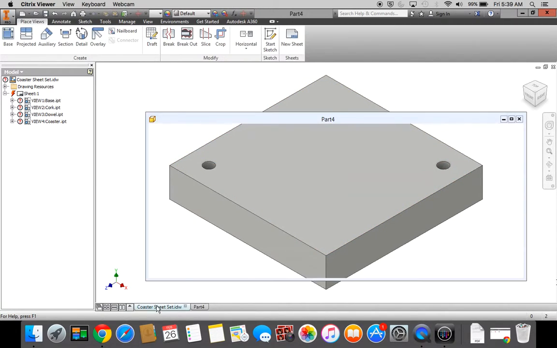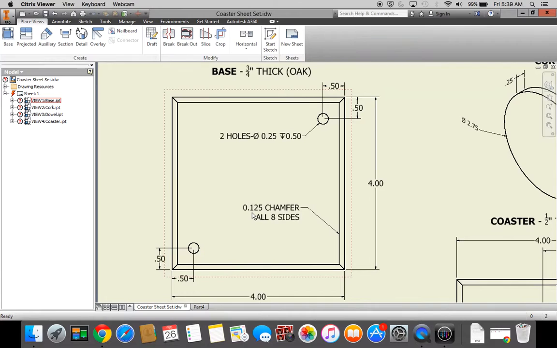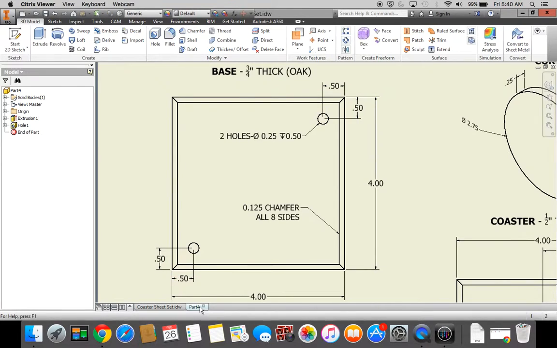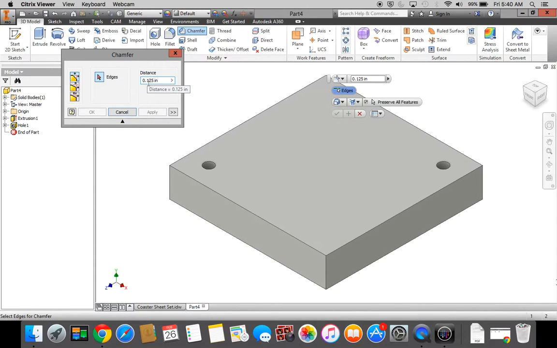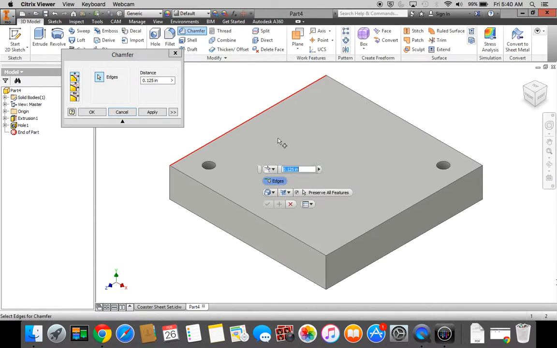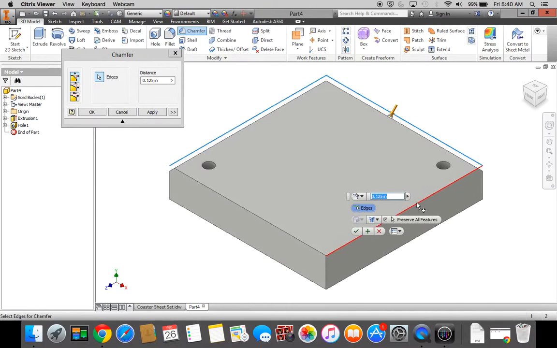Next, let's take a look at our coaster set sheet. We have a 0.125 chamfer on all 8 sides. That's the 4 top and the 4 bottom edges. Back at our drawing, I'm going to use my chamfer tool. Distance is 0.125. I'm going to take and select my top 4 edges,